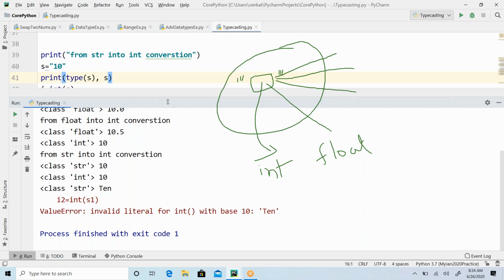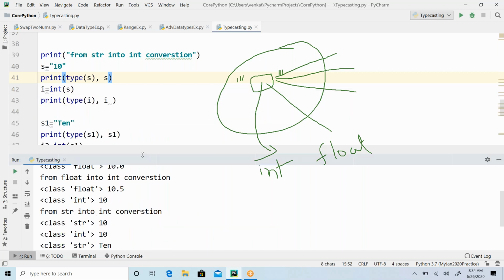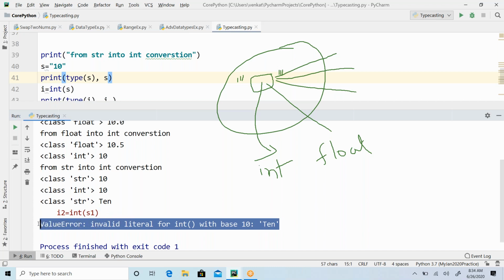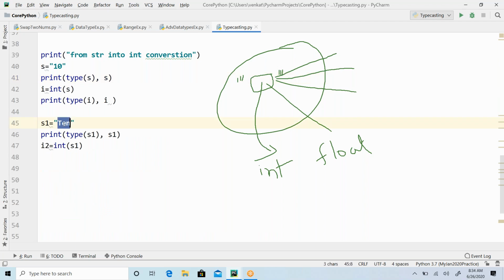So the integer function expects a number which is a decimal number. Even that too, it should be a decimal number. You cannot pass an octal number, you cannot pass a binary number. It should be base 10, then it will convert, otherwise it cannot. It raises a value error if you try to typecast a group of characters into integer or maybe